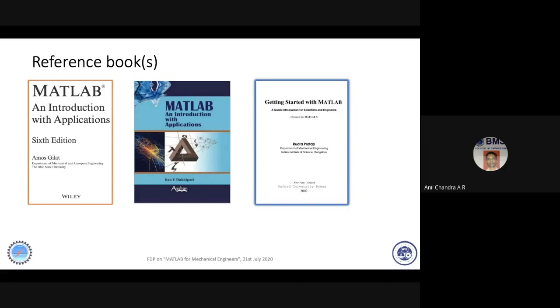Please refer to Amos Gilat. It takes you through very simply. I think yesterday Narahari sir and Devraj sir also told you about this. If you want a little higher one with engineering problems, you can refer to Dukkipati. It's also good. And one by Professor Rudra Pratap is equally good. It gives you detailed information, and the codes are also available in the book. It comes with a CD as well. There are a whole lot of books available online on Amazon, Flipkart. You can buy them. You can also install a MathWorks app, and